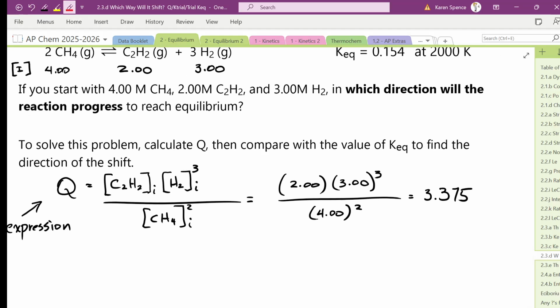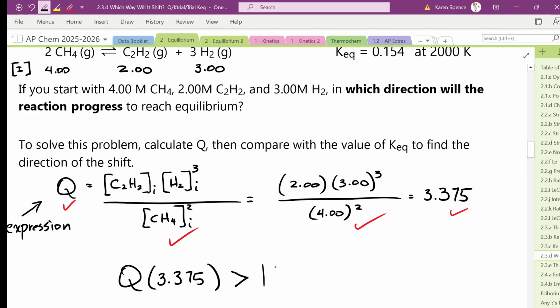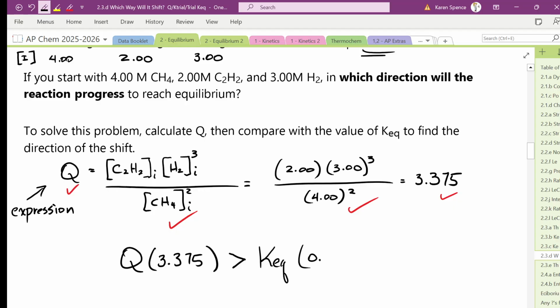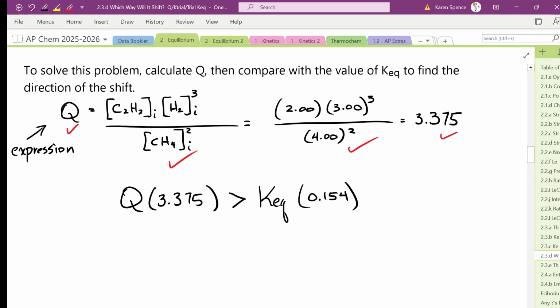So you get marks for writing the Q, writing this, plugging in your values, and getting this number. And then you will also get marks for saying Q, which is 3.375, is greater than Keq, which we are given in the question. It is 0.154. Okay, so Q is greater than Keq, and therefore,